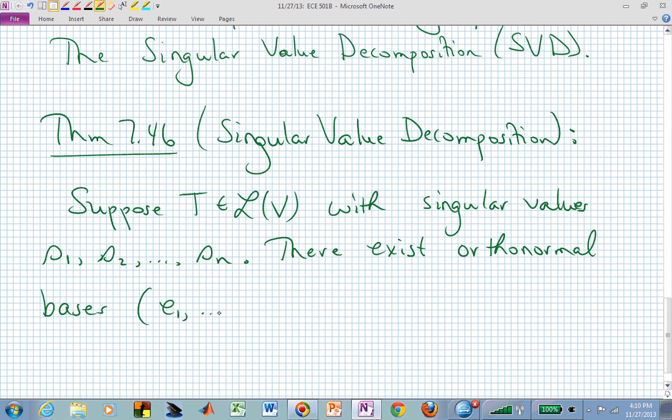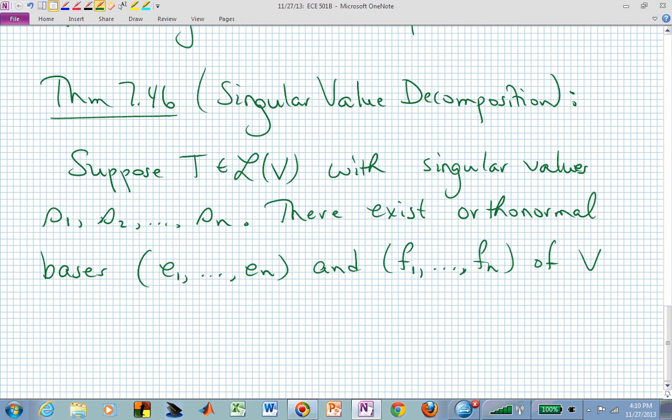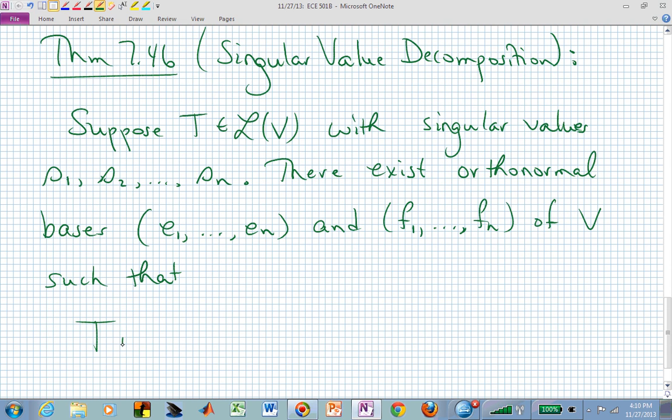Let's call one E1 through E sub n, and another one F1 through F sub n, two different orthonormal bases on our vector space V, such that we can re-express or decompose this operator T in the following way. The first singular value, S sub 1, is going to be scaled by the inner product of V with E1, in the direction of F1,